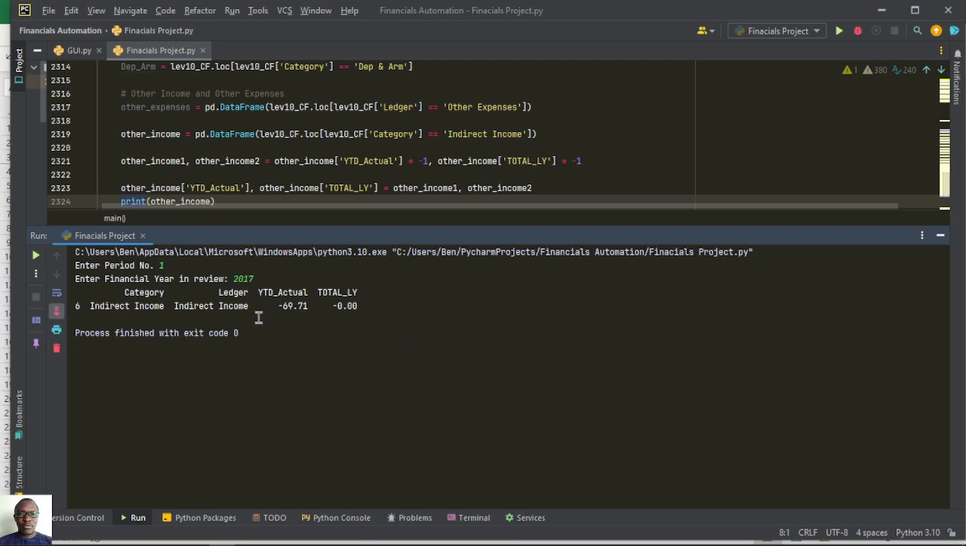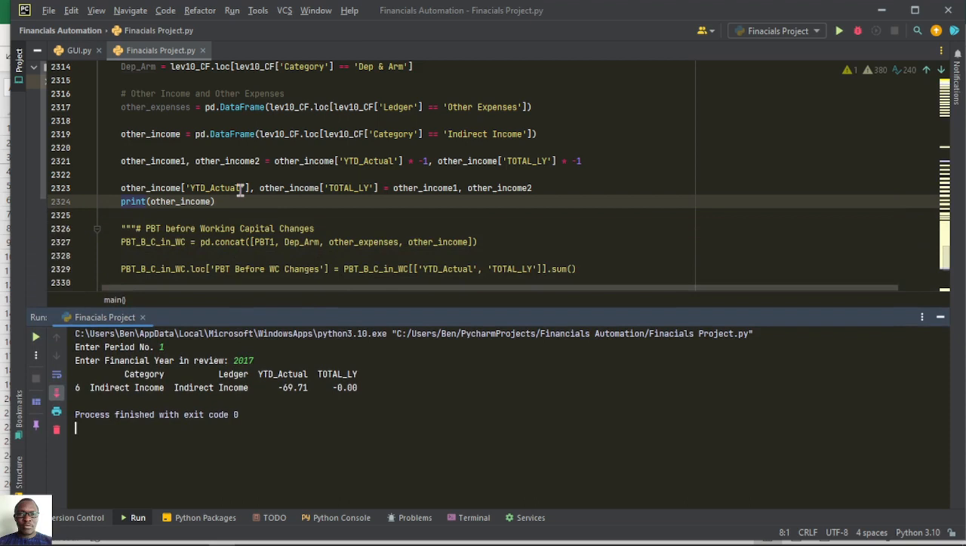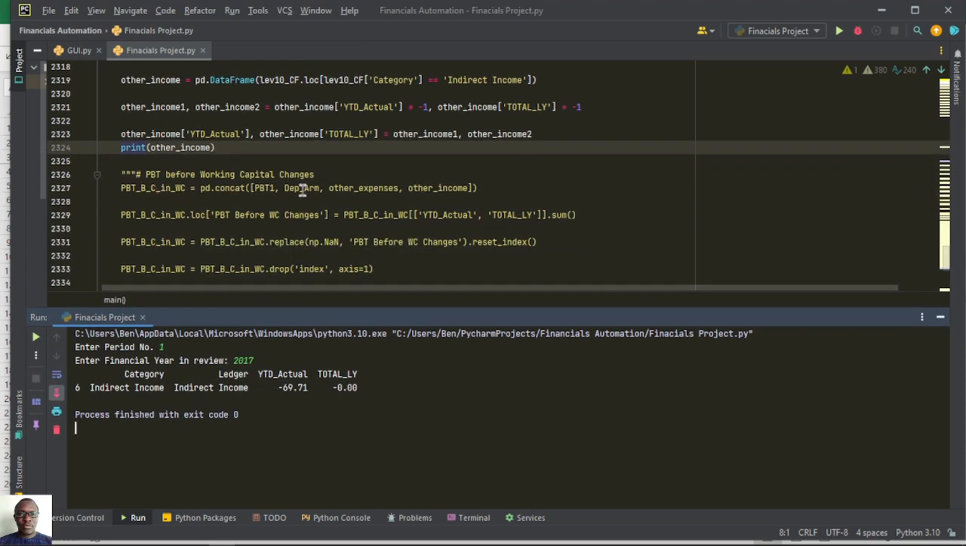So we did multiply it by negative 1, so we have a negative value, meaning that when we add this value to the profit before tax, it should reduce the profit before tax. So we are trying to reduce the income that we received from non-operational items which are not part of the business. So from there now we need to do the